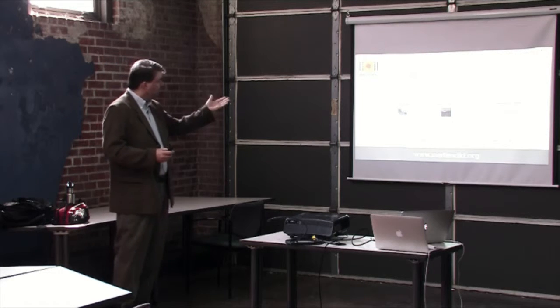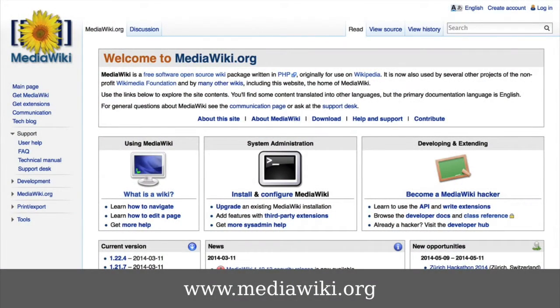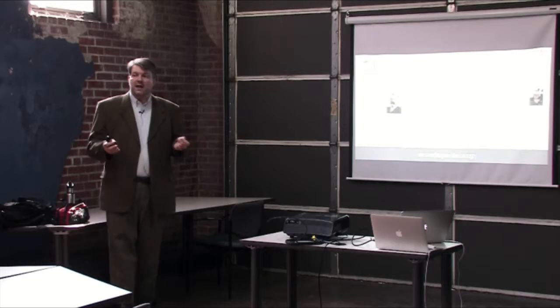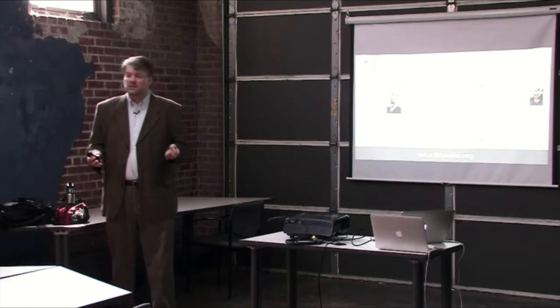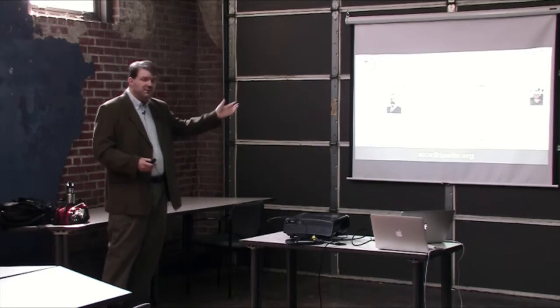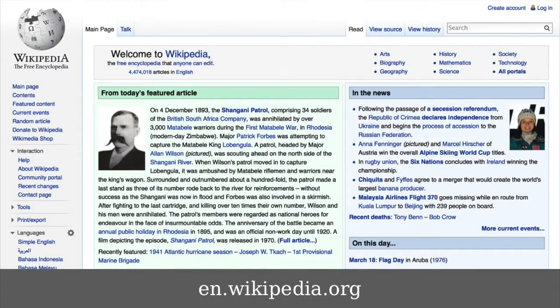One of the most widely used open source technologies on the web is MediaWiki. This is open source software for creating your own wiki. Hundreds of thousands of wikis on the web use MediaWiki as their back-end software. Without it, we would not have access to the wealth of knowledge we see today on the web. And in fact, the most widely used website that uses MediaWiki is Wikipedia, which is run by the people that develop MediaWiki and then give it away for free.